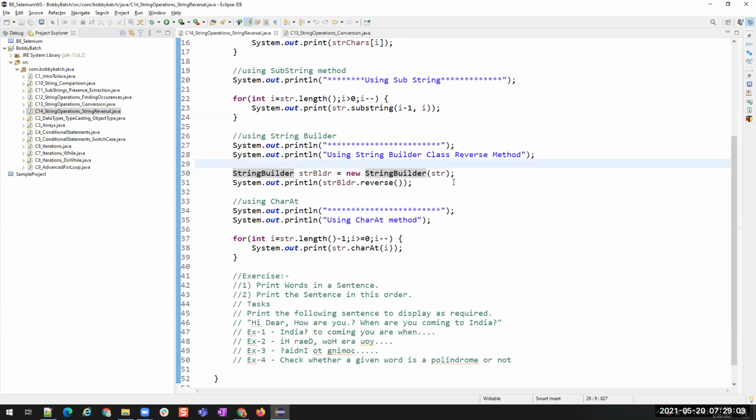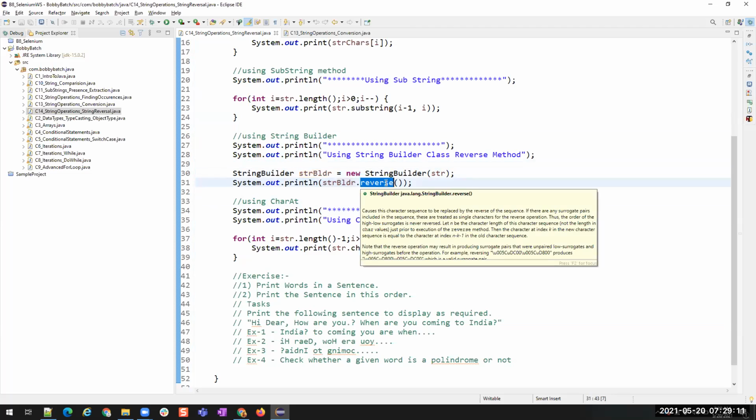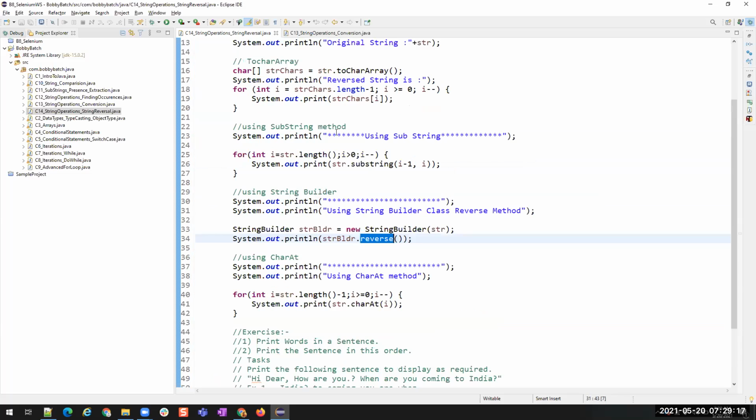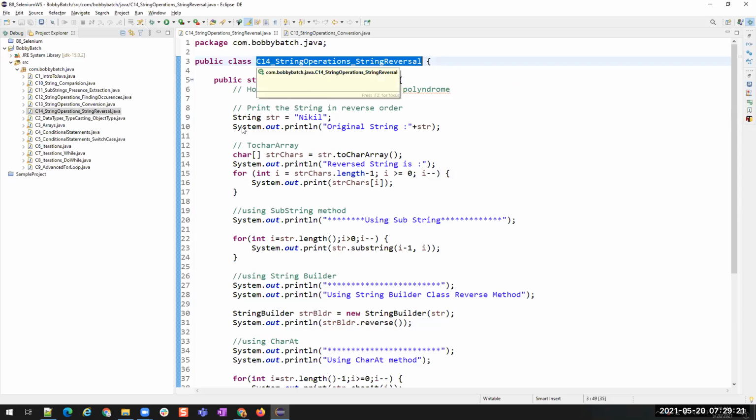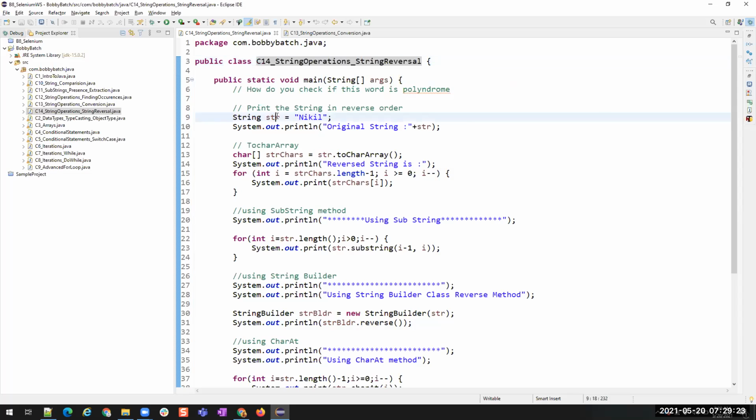So to reuse, we have to create an object for a class, and from that object we are going to call the methods we want and access the members of that particular class. Members are nothing but variables and methods. So this main method is a member of the C14 class, and str, the string, is a member of this class.